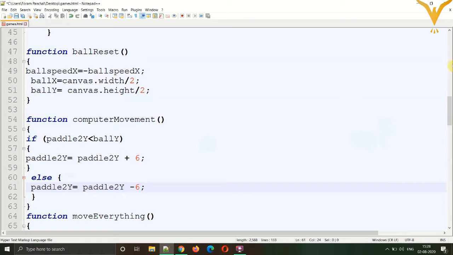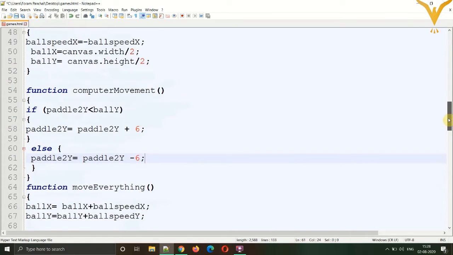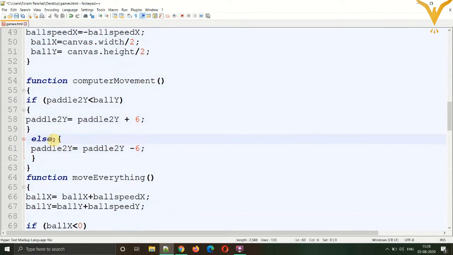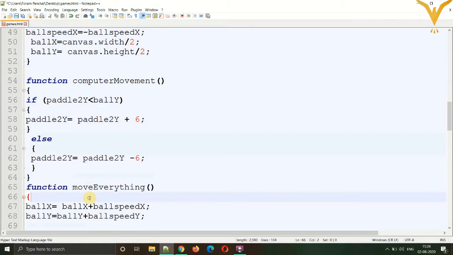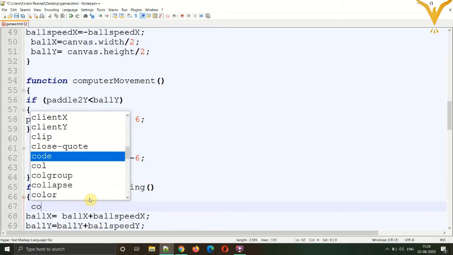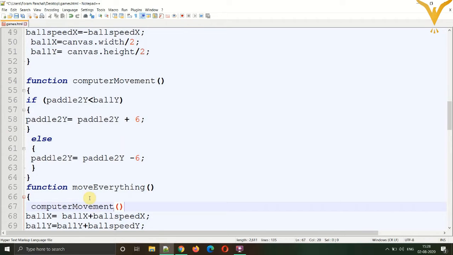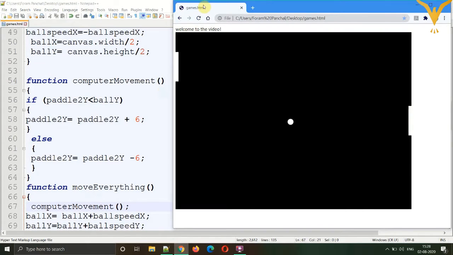And inside the move everything function, we'll call the computer movement function. Okay, so let's call it computer movement, semicolons, and save, and let's refresh and see.